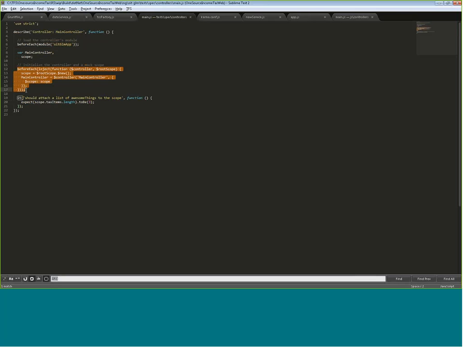And then before each one of these tests, I want to inject a $controller and inject the $rootScope. The first line here is taking a root scope and creating an isolated scope, and that's what this does. $rootScope.$new will create a new isolated scope for me, and then this line is instantiating